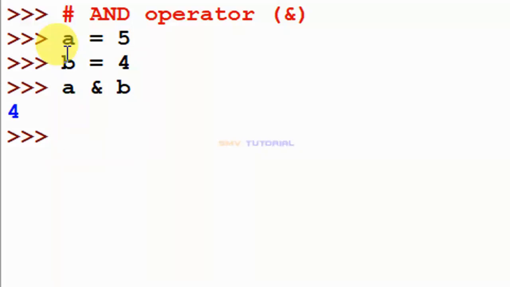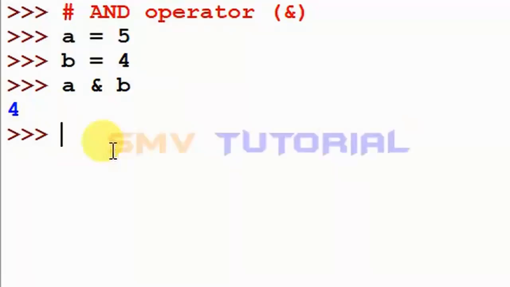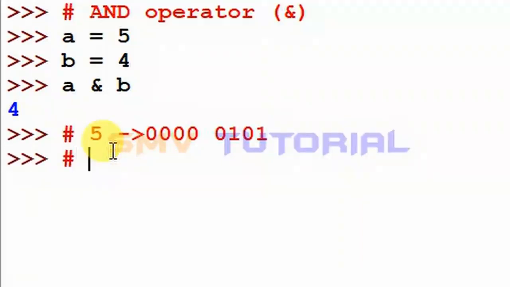The binary value of 5 is 0000 0101. And the binary value of 4 is 0000 0100. This is for the binary values of 5 and 4.